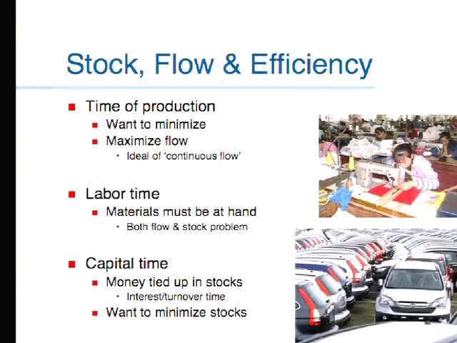And to the capitalist, you want to minimize that time, because that time costs you. You want to maximize your flow in the minimum time. Keep the product moving. Keep it getting produced, keep it going to market, keep it selling, and so on. Now, we're still in production here. So there is this ideal of continuous flow, which is the least time you could have, and you can get it with certain kinds of chemical systems like refineries, but it's very hard to do. The assembly line is an effort at continuous flow, although it's not actually continuous in the sense that it's modules, but it's close. That's the logic of the assembly line, to make it as continuous as possible.